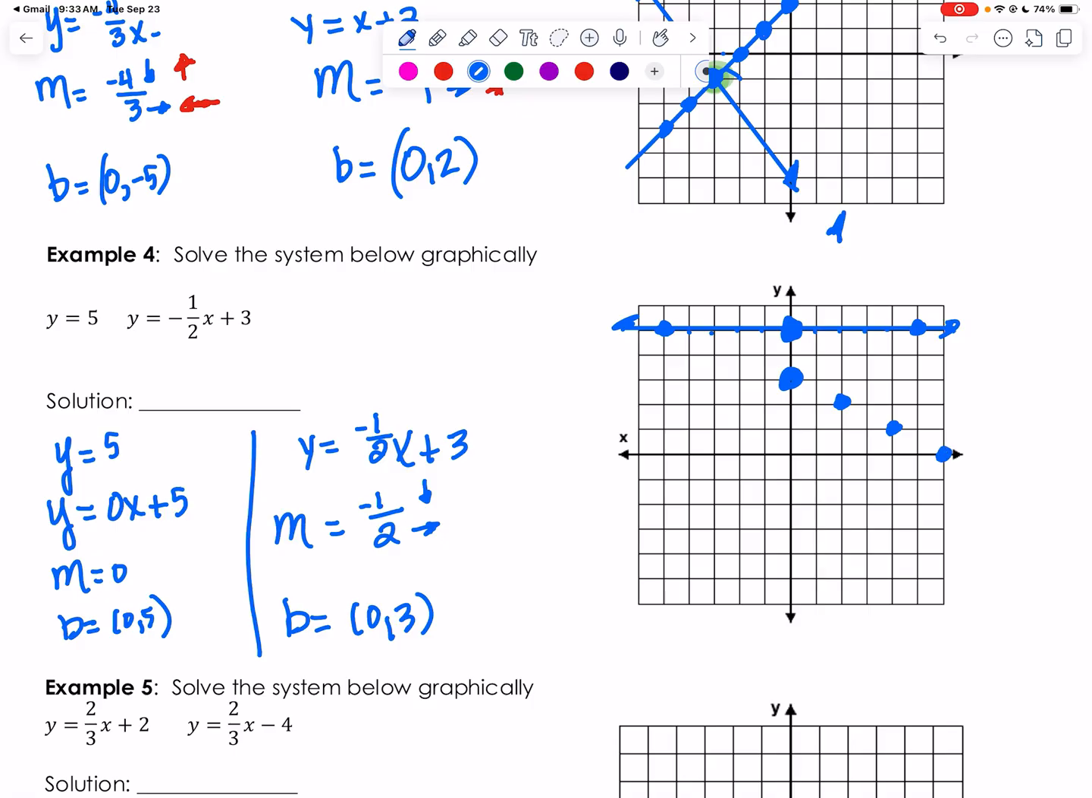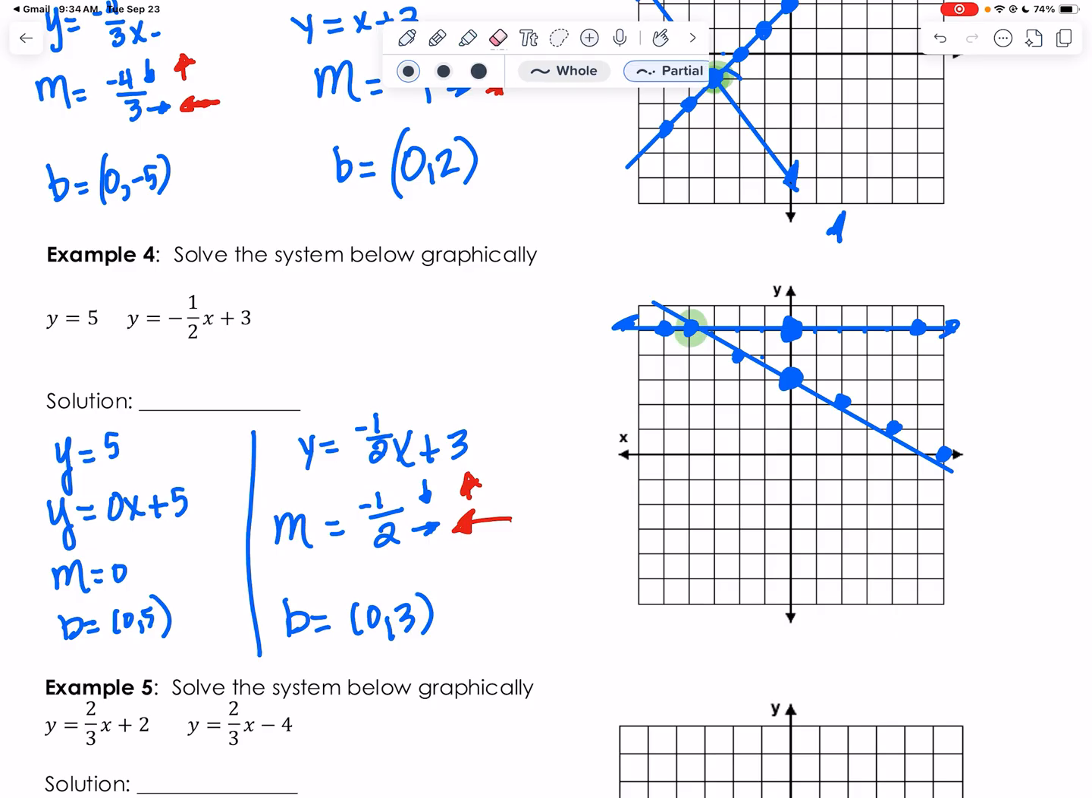That's as far as I can go in that direction. So now I'm going to go the opposite way, which would be up and left. So up 1, left 2. Up 1, left 2. And now we can see where the two lines clearly intersect right here at this ordered